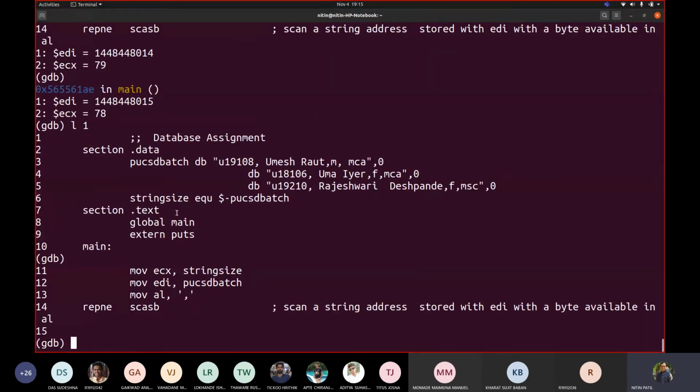You can check after this: repeats CAS B. When it is equal, terminate this. Repeat till not equal, execute this. So we have to skip 3 times. Correct? Now this is second. We have to skip 2 times. Then only we can continue with this. Correct? Now how will you work out this?